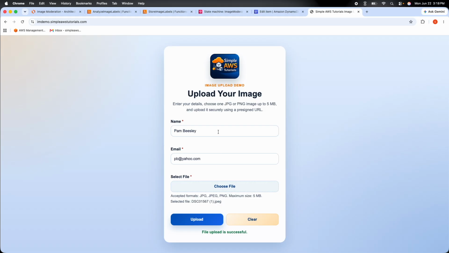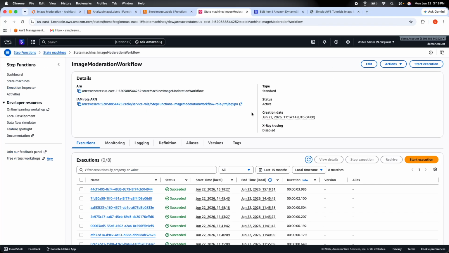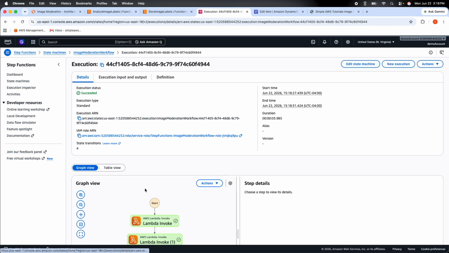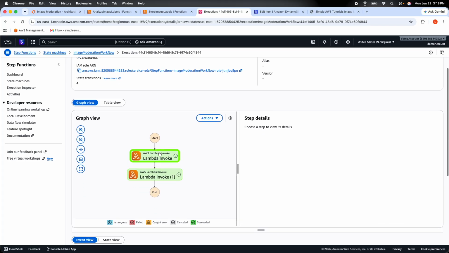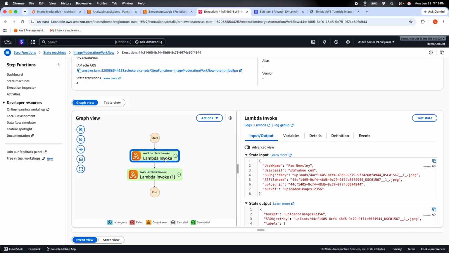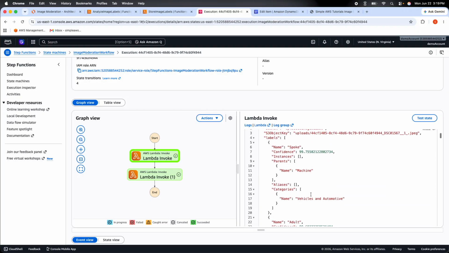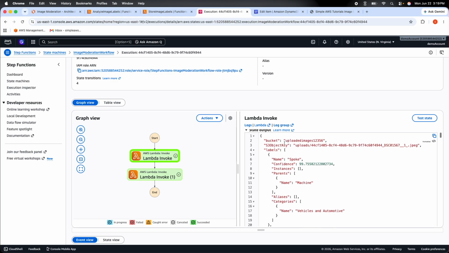The file upload is successful. If we go to our state machine and look at the latest execution, as you can see, our workflow now has two steps and both steps are completed successfully. This is the first step, where it is getting the image and coming back with the labels. So let's see what the labels are: